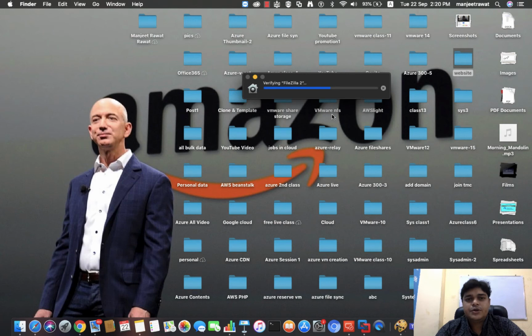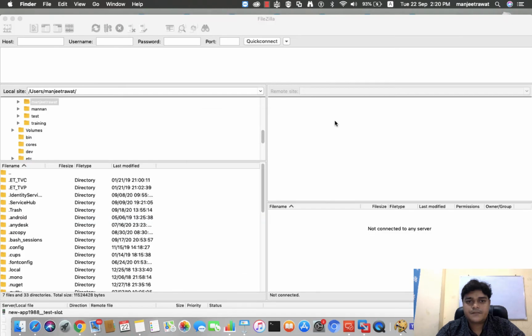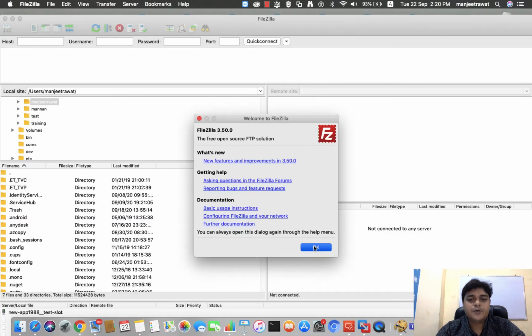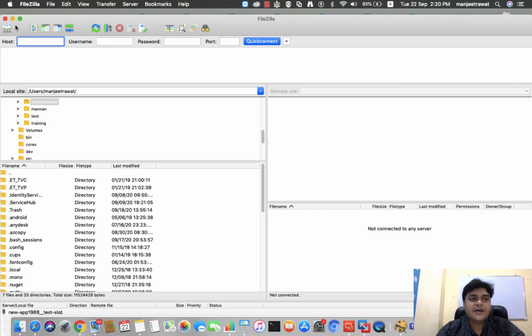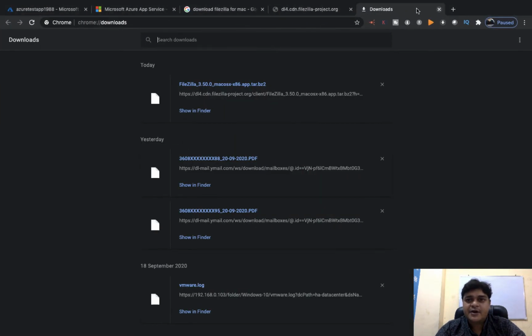It will take up to 3 to 4 minutes to install FileZilla on your base machine. Just click open. Fine. So we successfully opened our FileZilla. This is our FileZilla, and by using this particular software, you can upload your on-premises data that you have. So guys, this is our Azure portal.